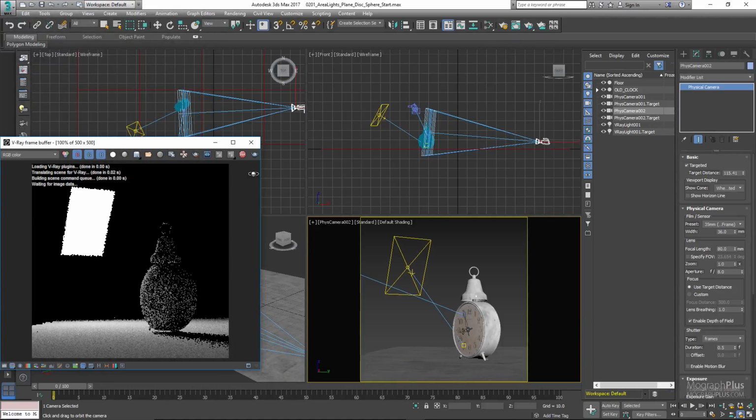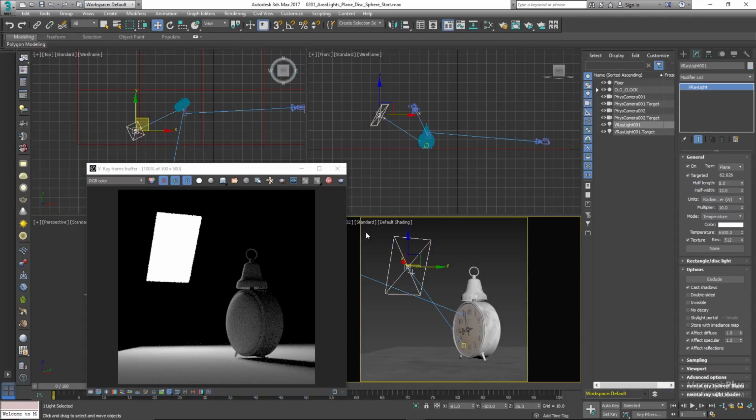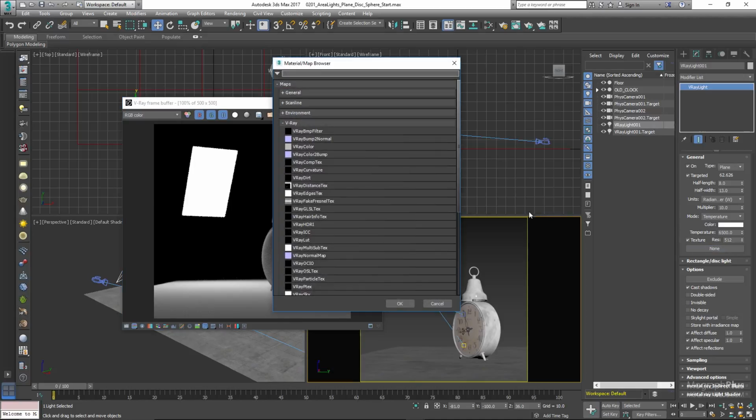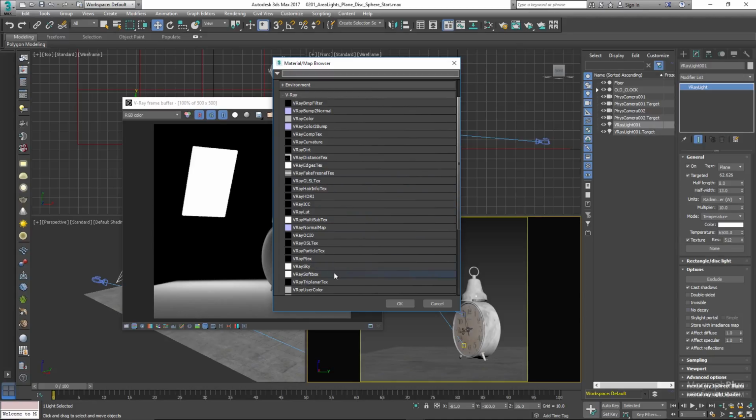Now select the light again, click on this None button to define a texture. You can select any map or texture, but there is a specific map in V-Ray that can help you resemble real-world softboxes, and no surprise, it's called V-Ray Softbox. So select V-Ray Softbox,